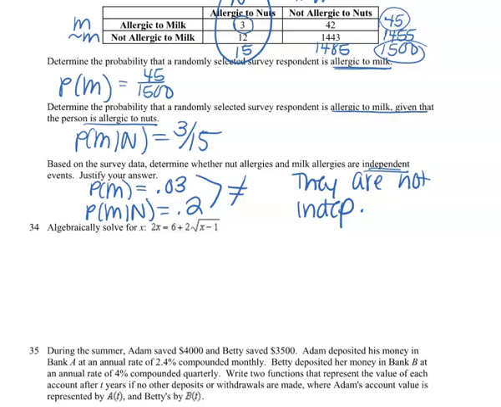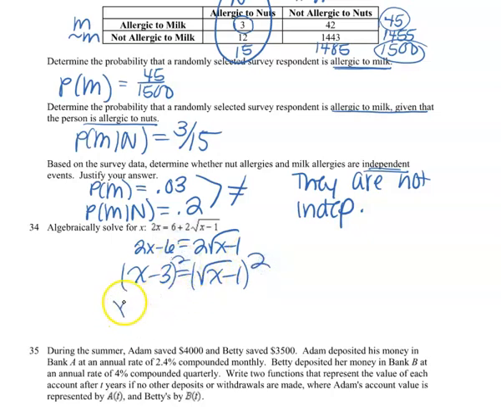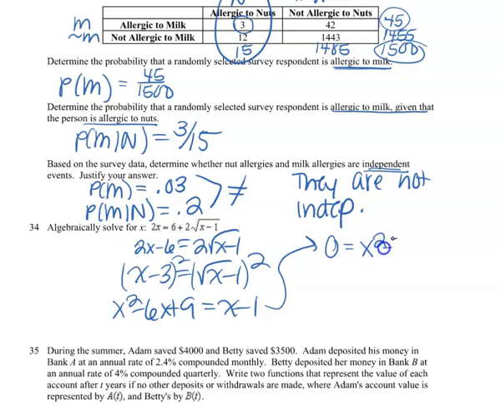So I'm always looking to isolate my radical first. So I'm going to go ahead and subtract the 6 and divide by 2. If I divide by 2, that's x minus 3 equals radical x minus 1. And now I can square both sides. On the left-hand side, I just did a quick little FOIL. And now I'm setting it equal to 0 to solve. I'm factoring